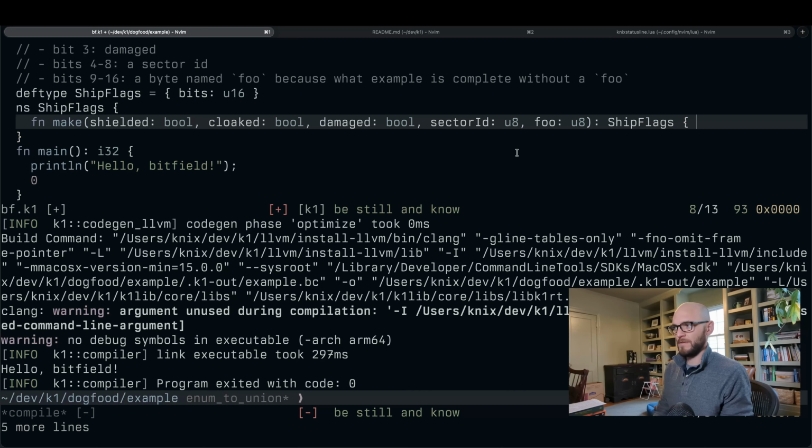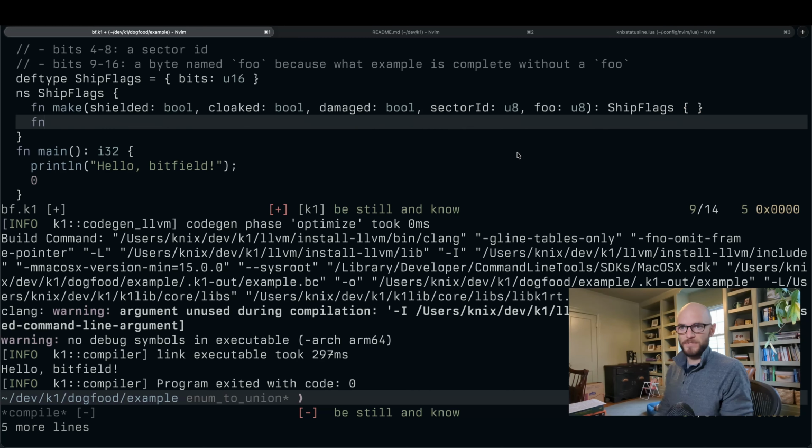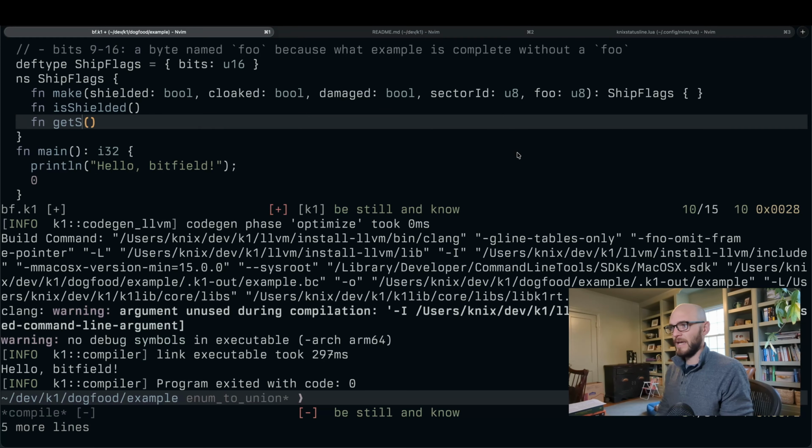And then the other thing we would want to write is some helpers, like is shielded, right? Things that would extract a particular field, get sector ID. Okay,